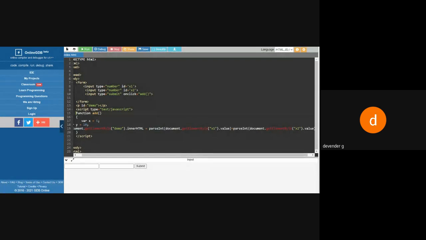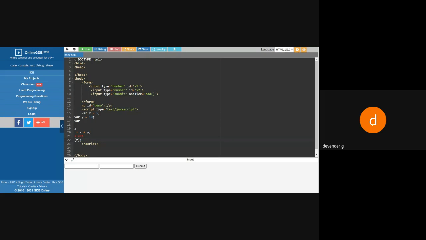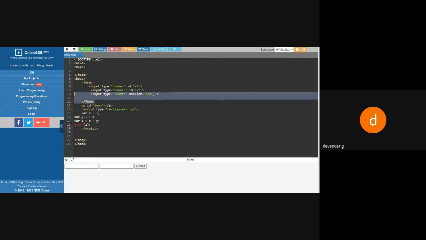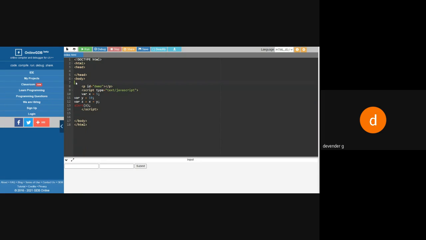So what I'll do, I'll remove this one and I'll put that code in the scripting language. So var z equal to this one and we'll see whether I'm going to get the output or not. So I remove this one, I don't require. Now this also I don't require and simply can run it. Now you can see I got the alert box on the screen.